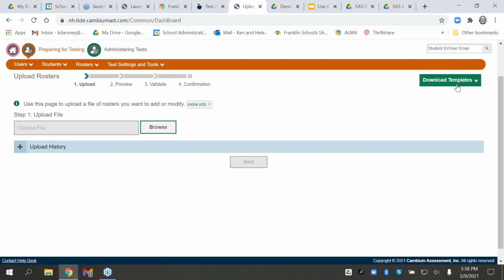And if you use the templates, it really is kind of important. Basically, all of my teachers have their own rosters of their kids, but my special educators have access to all the rosters, so that if they are looking at a kid's results, they don't have to go digging around or ask the teacher's permission to take a look at that. So that's a little bit about rosters.